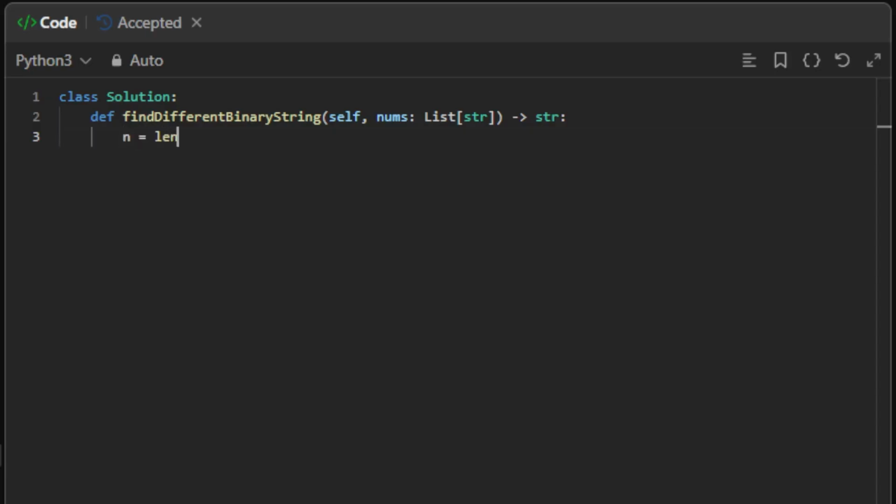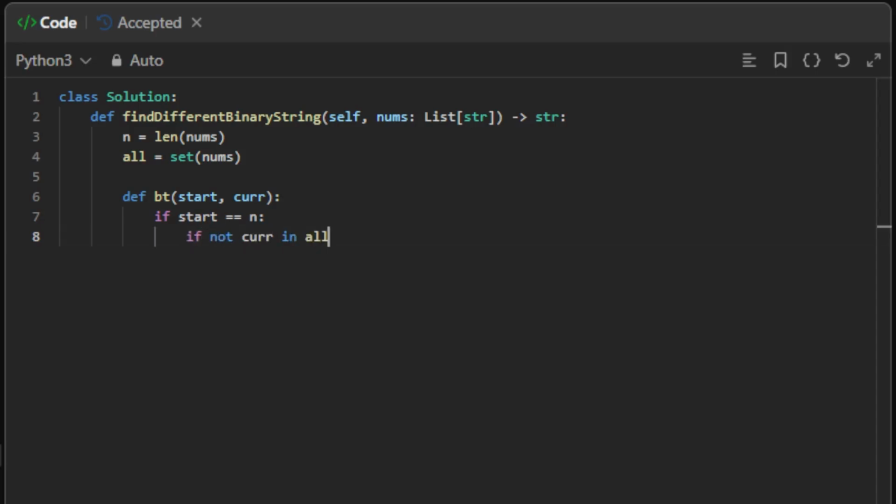First, we say that n is the length of nums. We have to build a set from nums, so this is a set from nums. And now we can build our function bt for backtracking, and this takes some index, which we are calling start, and the current string every time. And we are checking if start is equal to n. This means that the current string has the required size, so we can check if not current in our set, we just return current. Now if we do have current in our set, we can return an empty string,